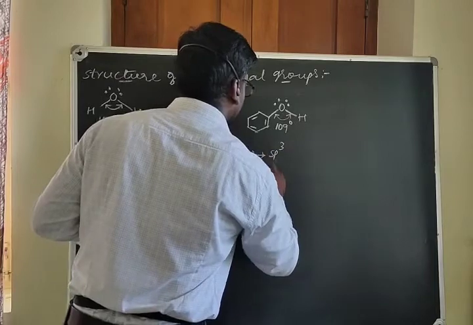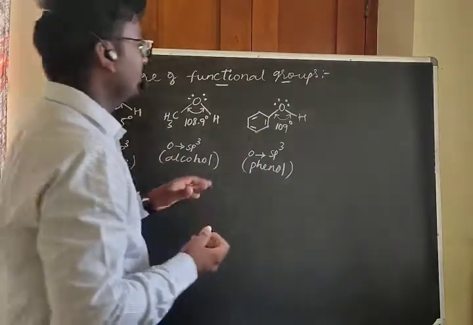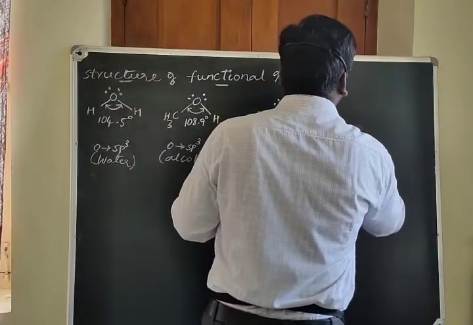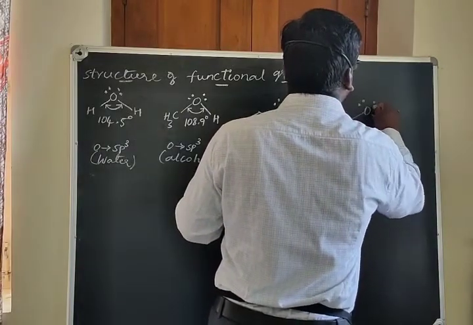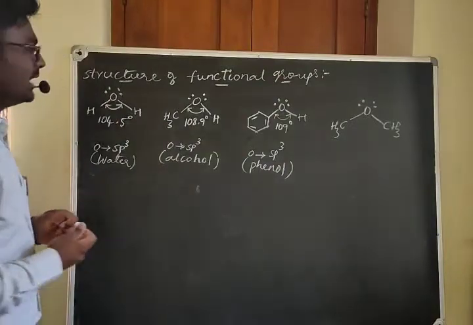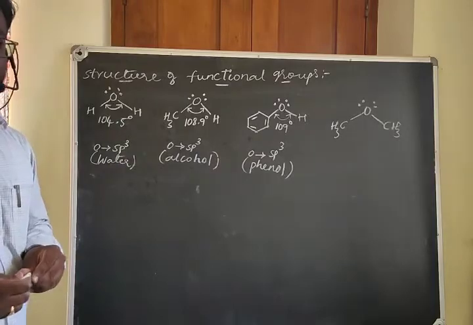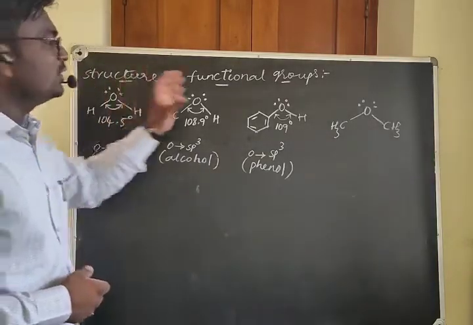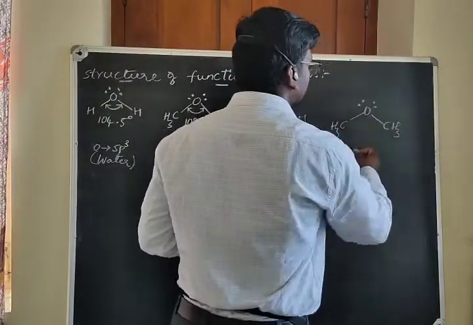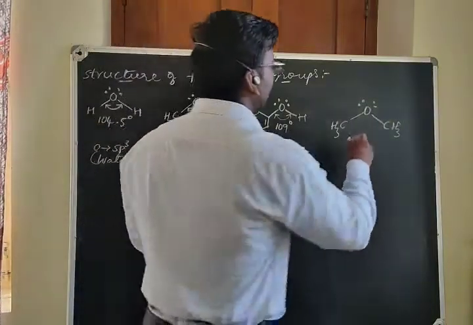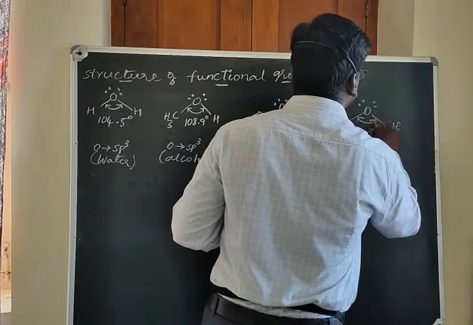It is a phenol. Okay, come to the other class, that is ether. Okay, let's take dimethyl ether. Here also the oxygen atom has 2 lone pairs of electrons. And what is happening here? 2 hydrogens of water are replaced with methyl groups. Means on the left hand side you have a bulky group, on the right hand side you have a bulky group. Now bulkier groups cause still more repulsions, and the bond angle is high, 111.7 degree.